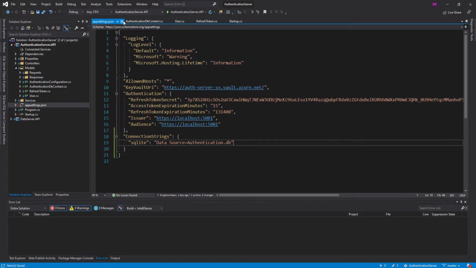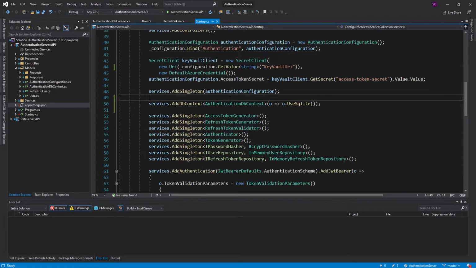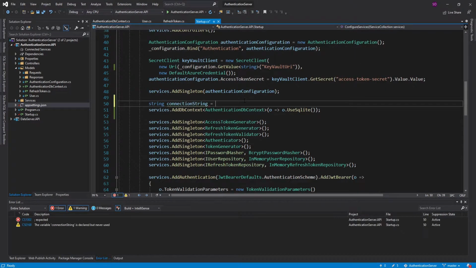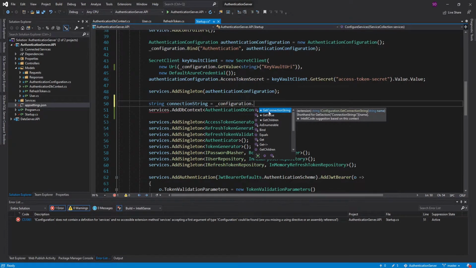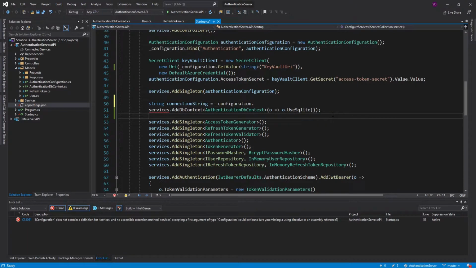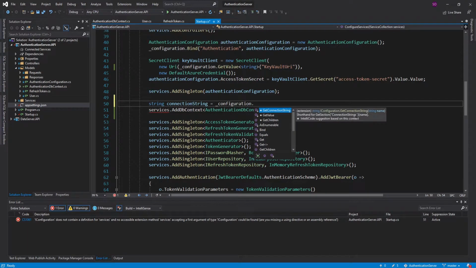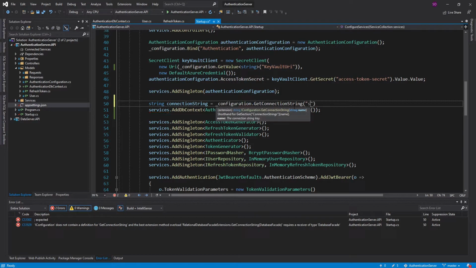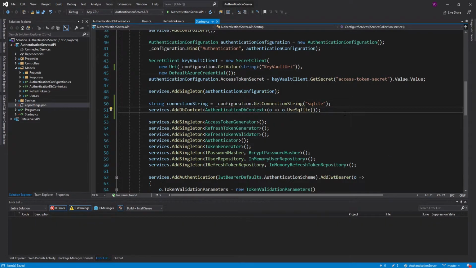So now we can use that connection string in our Startup.cs. So let's snag that. And to get that, all we can do is use our configuration, GetConnectionString. So if we look at this method, it'll look at the connection strings section that we created in our appsettings.json. And we named our connection string SQLite. So let's pass that connection string into the UseSqlite configuration, and we should be good to go to connect